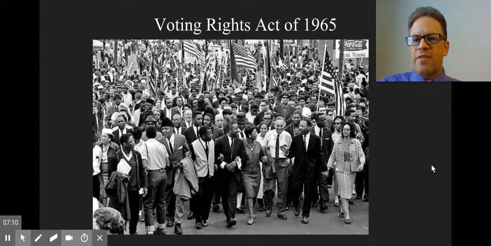The Voting Rights Act of 1965 officially prohibited literacy tests and put the entire registration process under federal control. By taking voter registration out of the control of state governments, this removed states' ability to create obstacles to blacks voting. So it was not until this Voting Rights Act that the 15th Amendment truly guaranteed that the right to vote would not be denied on account of race.